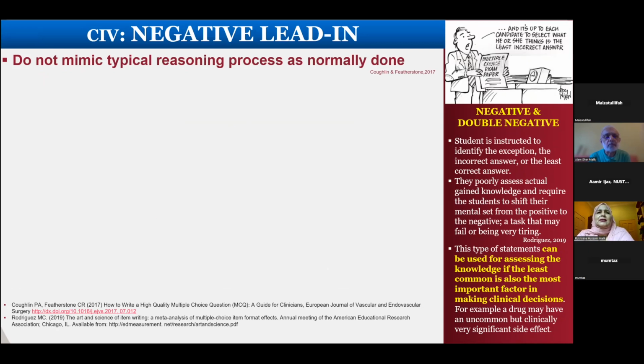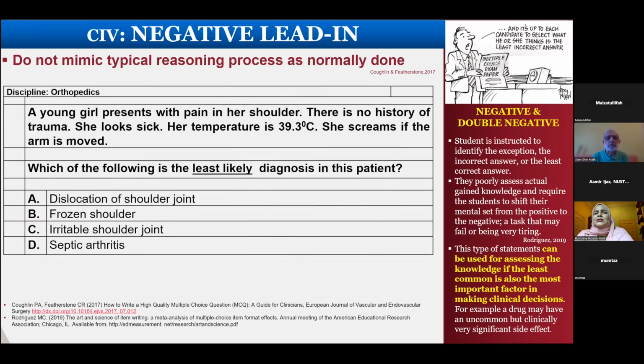Negative leading does not mimic the typical reasoning process, because normally we don't ask for the negative things, we ask for the most common, most appropriate and things like those. So practically, if you put the least likely, it will be a bit confusing for the teachers and for the students too. Sometimes the student actually misses this word, because when they see the most likely, they are in the habit of having those words in their mind, and they might miss the least likely word. So the options are given, and you have to find the least likely diagnosis